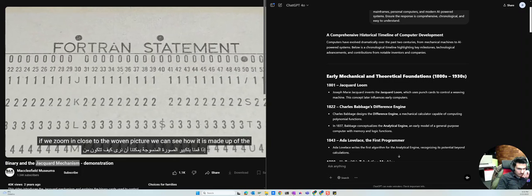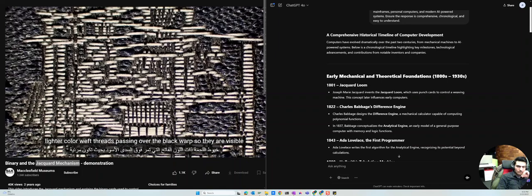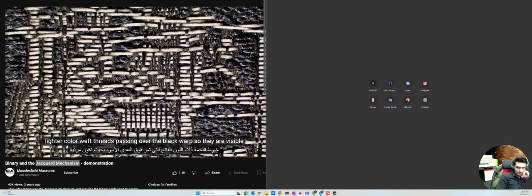If we zoom in close to the woven picture, we can see how it is made up of the lighter colour weft threads passing over the black warp so they are visible. The image is made up of lots of tiny lines of visible weft. If you zoom all the way into a digital image, you will see it is made up of lots of